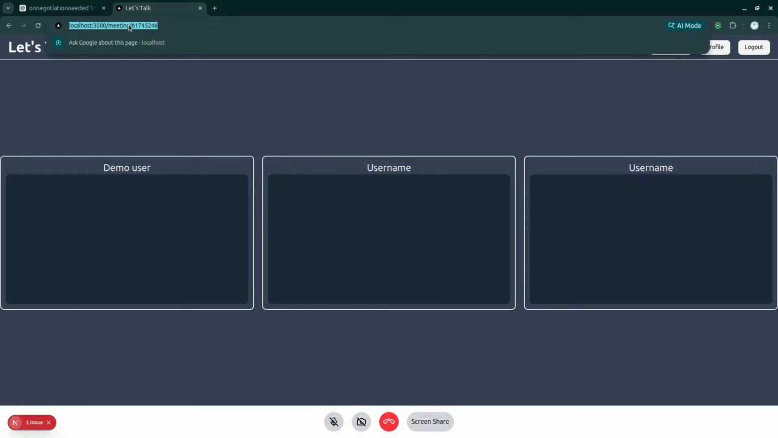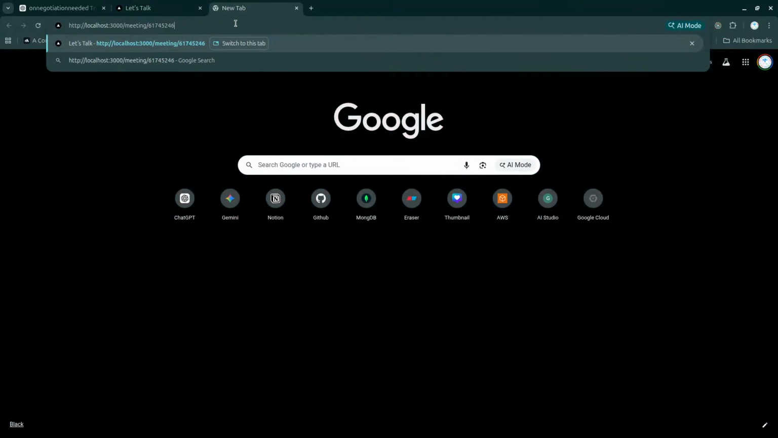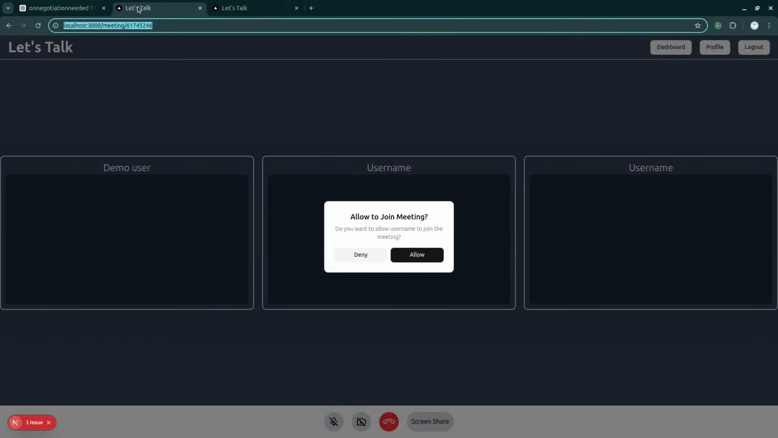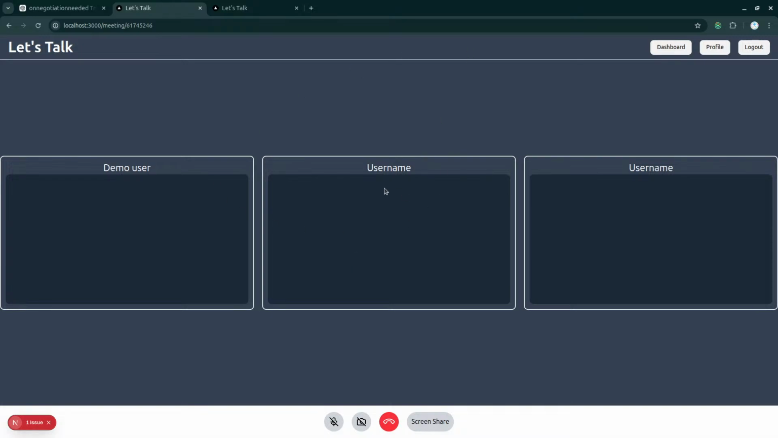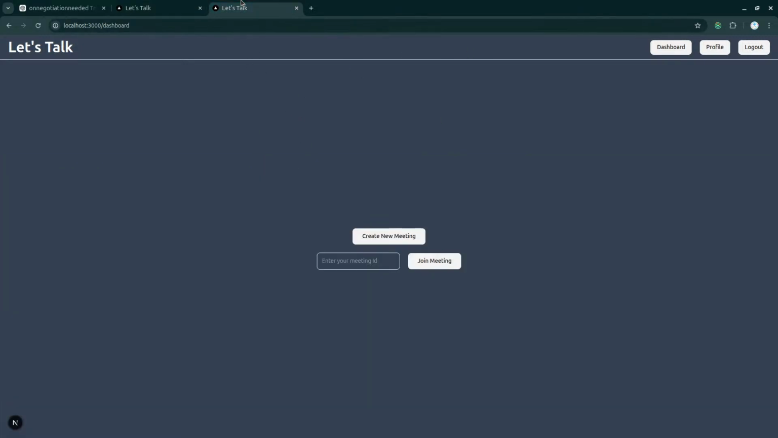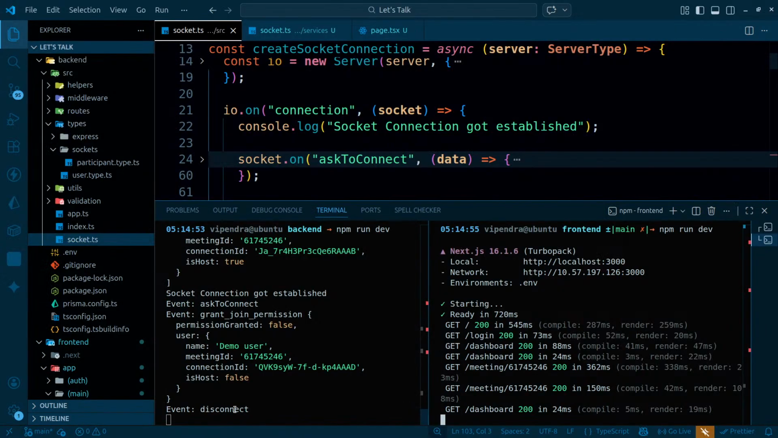So I'm here. There's going to be another user who's going to be trying to join the same room. Here I am, and okay, I'm getting the option to allow here. If I click on allow, the user is going to be allowed. If I click on deny, the user is going to be denied. Right now I have denied it. Denying in the sense the user has been redirected to the home page, and over here, event disconnect,